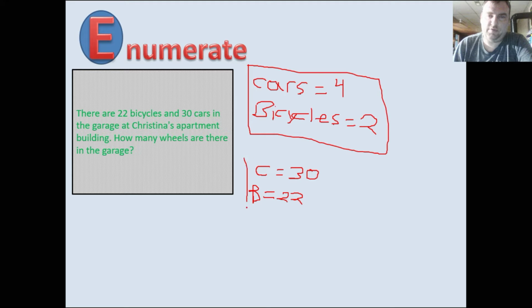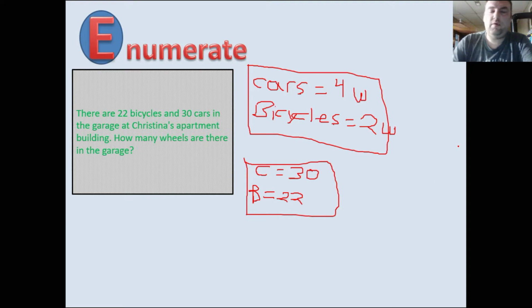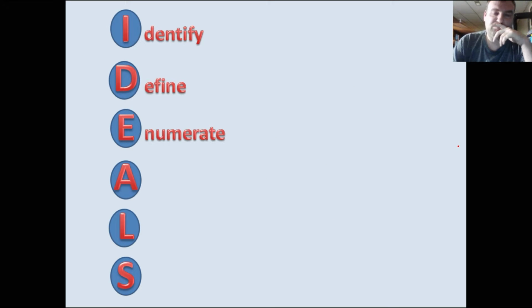And there's our 2 things that we know, right? Should say wheels. There you go. So you can see that we're starting to get there. Now we need to analyze. What is the next best course of action? Well,